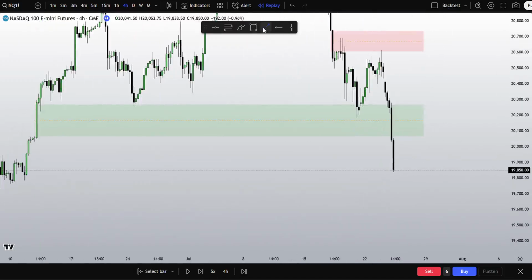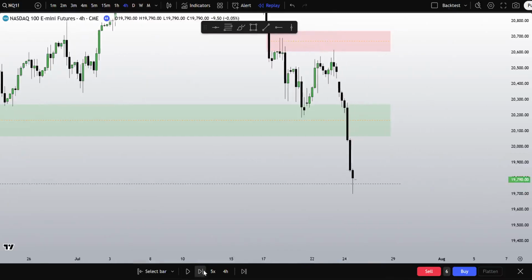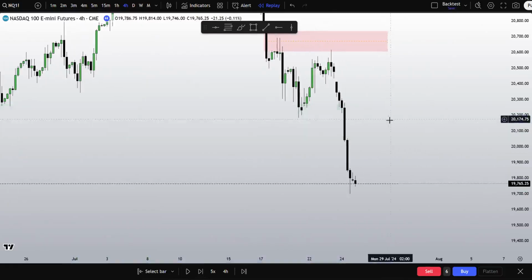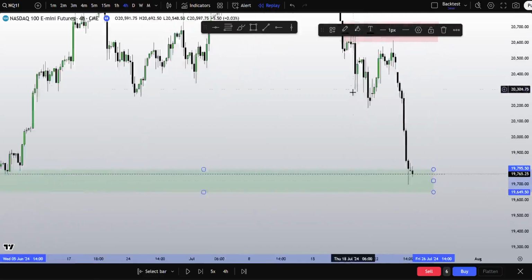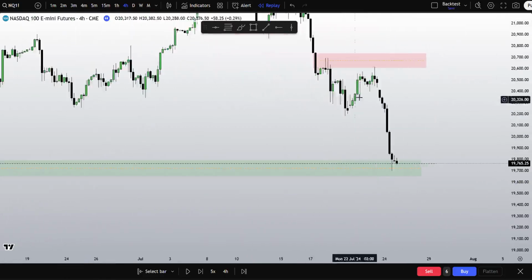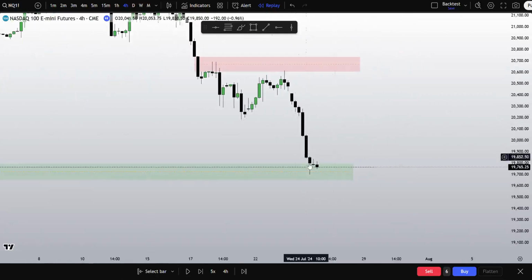Disrespected this as well. What do I want to see? Here we go. I want to see 19,764 tapped into. We got it right there. See, it's just a simple draw. You can see through confirmation what's getting respected, what's getting disrespected. Where are we in price? So my eyes are here now. I want to see how we react to these imbalances. Should we disrespect these, my eyes would go to this gap here and then potentially this high as well.